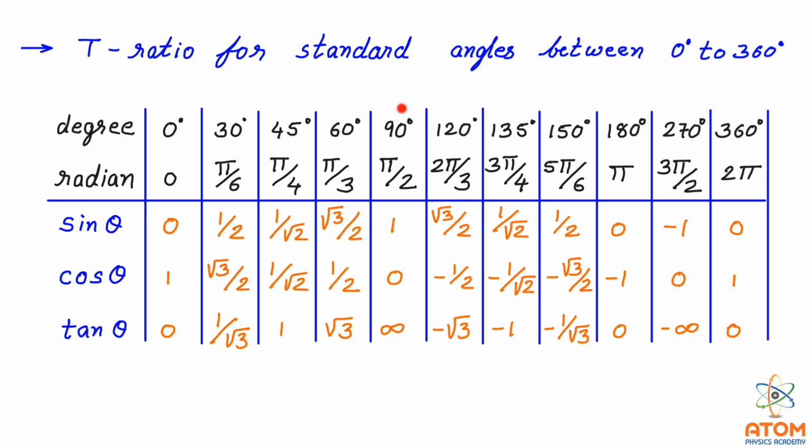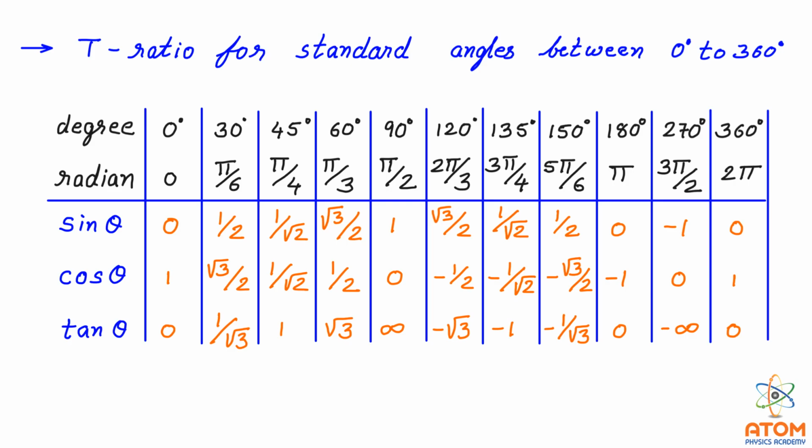Then the opposite of 90 is 270 degree. 90 is taken in the positive y direction and 270 is taken in the negative y direction. So let us see the values. Sin 90 is 1, sin 270 is minus 1, so magnitude is 1. Now cos 90 is 0, the same way cos 270 is also 0. Tan 90 is infinite and tan 270 is minus infinite. So magnitude wise it is again infinite.